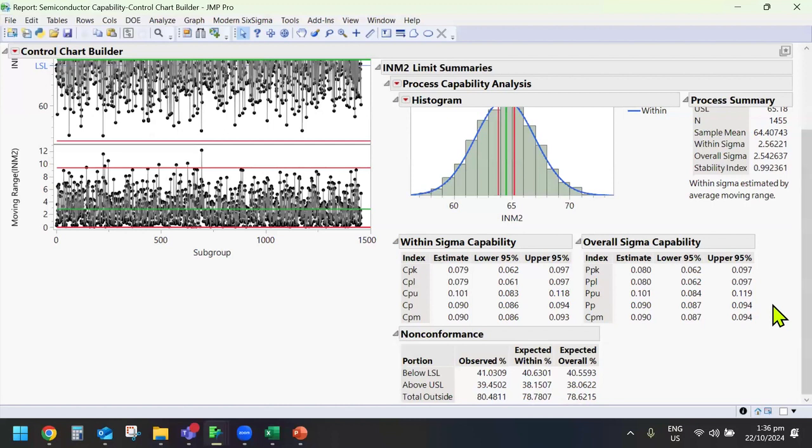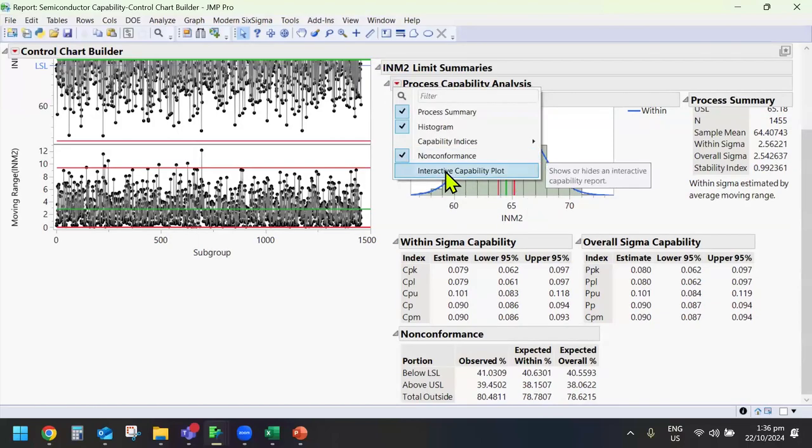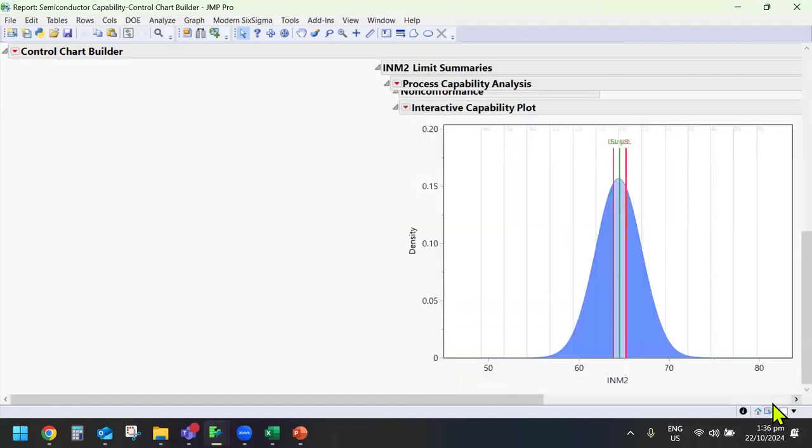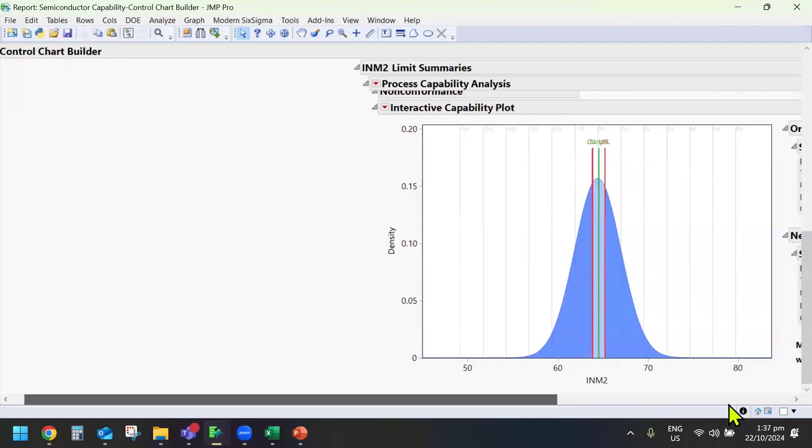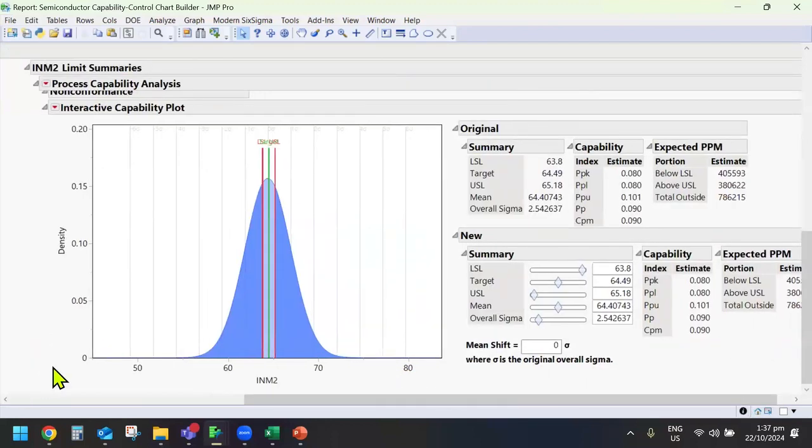For any Six Sigma, we need to set a target to achieve. So you see, I want to reduce my standard deviation. How much do you need to reduce? To answer the second question, we can use a tool under this triangle, which is called the interactive capability plot. By looking at this plot, this is still a distribution chart. You can see in the center, this is our spec limit, right? This is our spec limit. So our current performance is too wide.